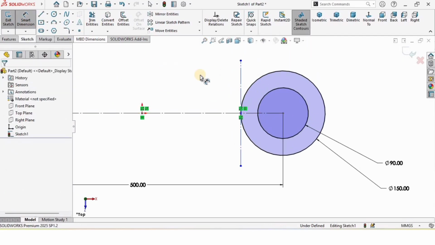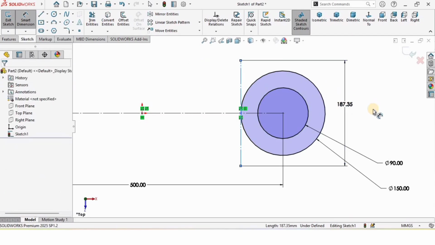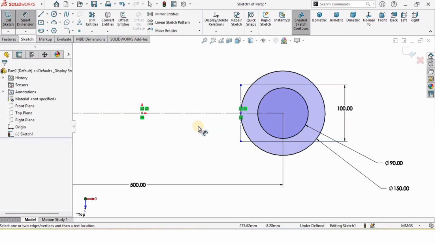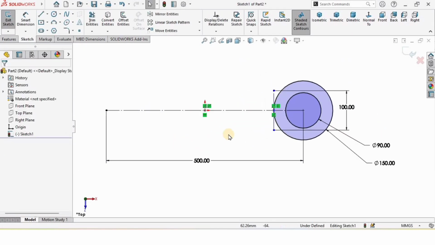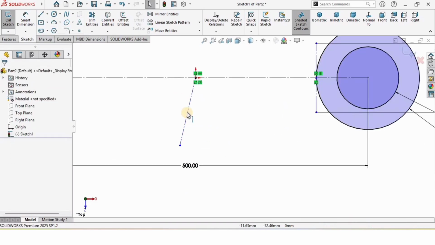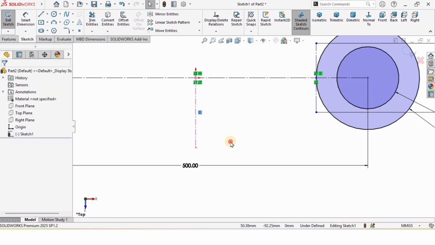After that I will specify the length of this reference line as 100. After that I will select a center line and I will create here again a vertical center line. I will assign a vertical relation to this one,